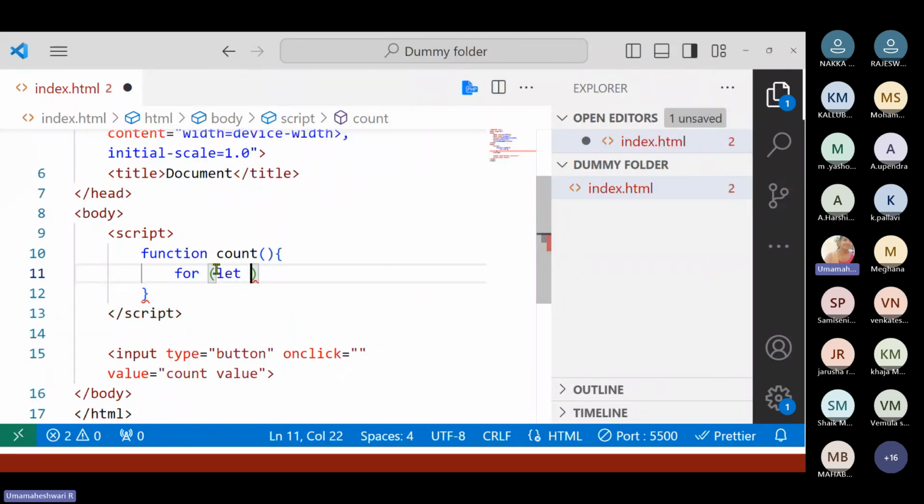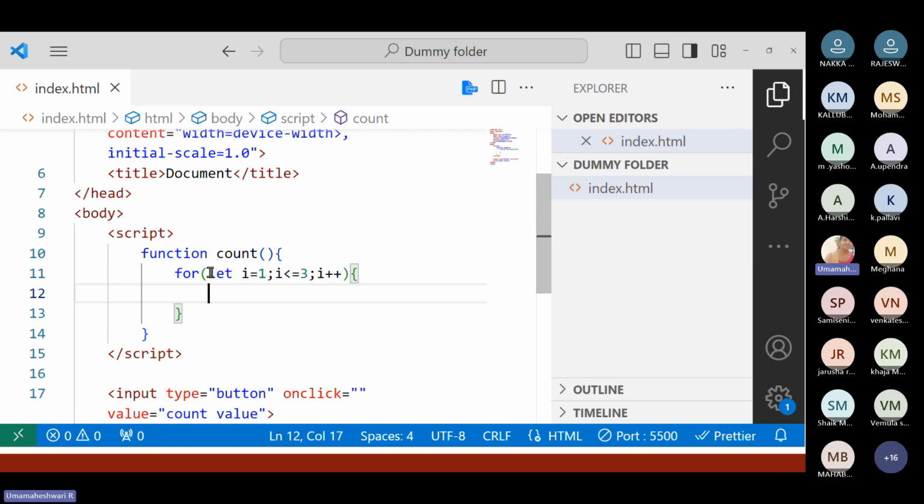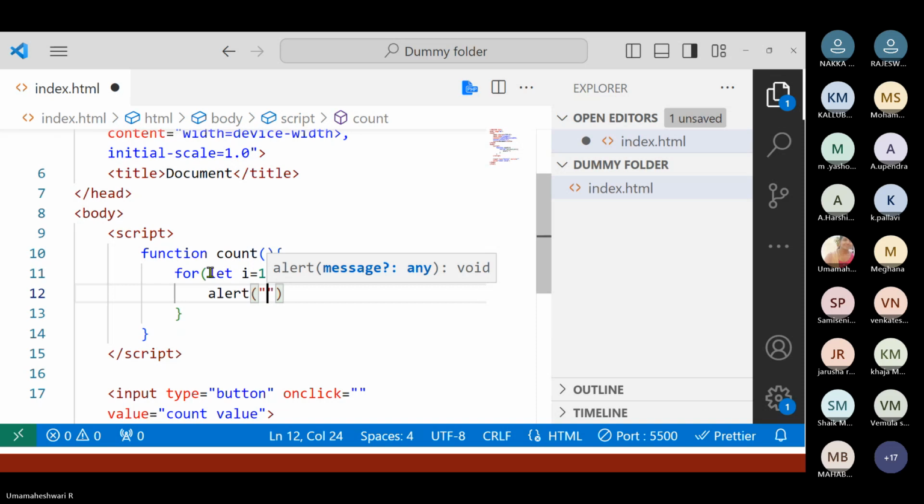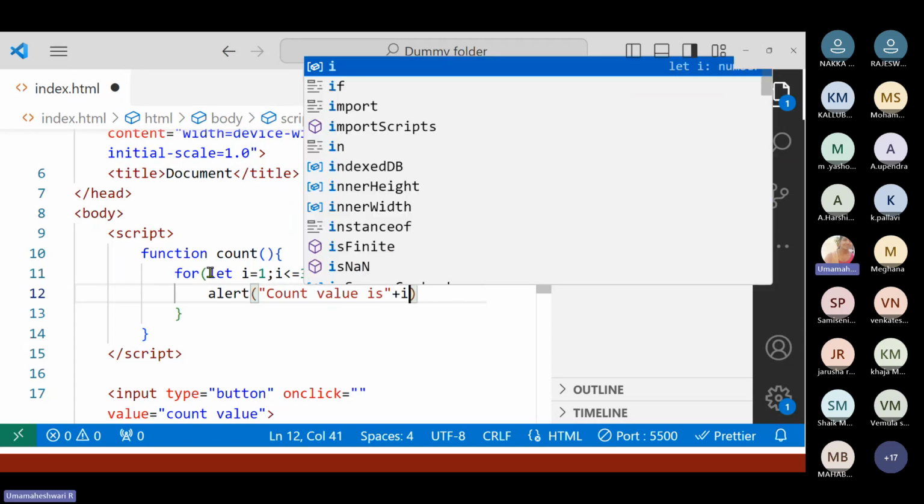In the for loop, first the variable keyword will be specified. Next to that, you initialize: i equals 1. Then i is less than or equal to 3, and i increment. Clear? So inside this, I'm giving an alert message: the count value is